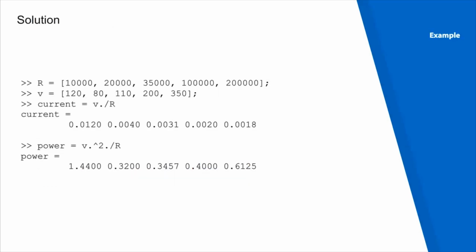Again, the first thing to do here is to list out both the vectors for resistance and voltage. We store the resistance values in vector R and voltage values in vector V. Current is V by R. So here to get current, we will just do an element by element division as V dot division R and we will automatically get our current vector. Now to calculate power, which is V square by R, we will use element by element exponentiation and element by element division and we will get our power vector of each of the 5 elements. These are the power dissipated in each resistor in watts.